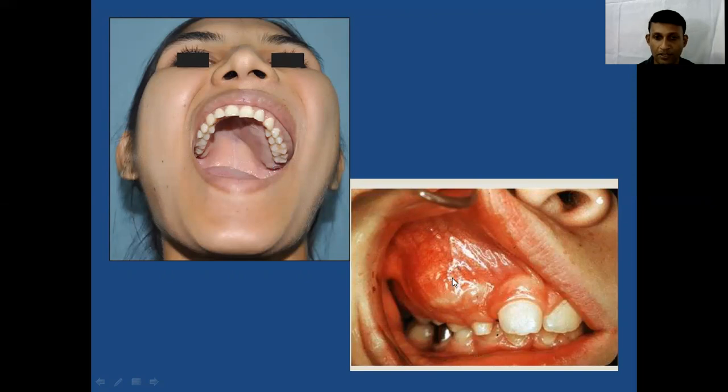As you can see in the second picture, the buccal cortical plate expansion is extremely high, and the swelling is much more evident clinically. In this case, if you palpate the swelling, it will be bony hard, and the patient will not feel any pain. So the main clinical presentation of such a condition is usually facial asymmetry and a slow growing swelling, which causes expansion of one particular bone without any pain.